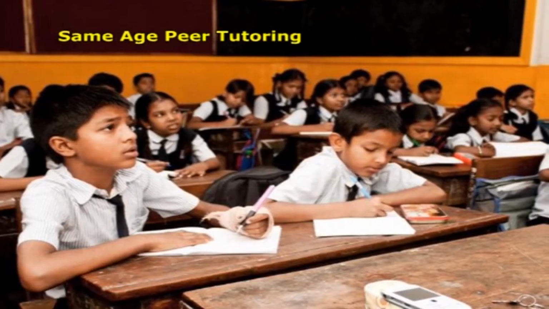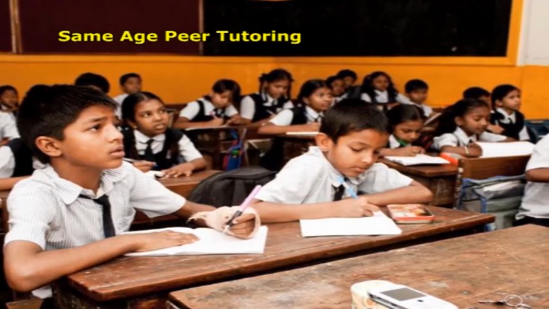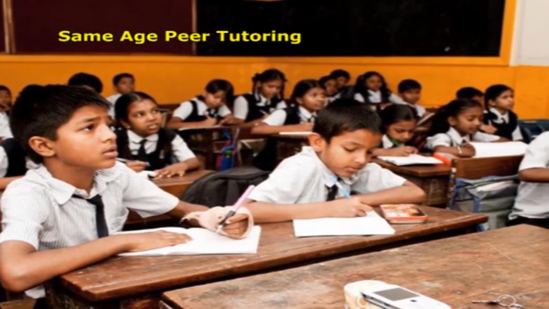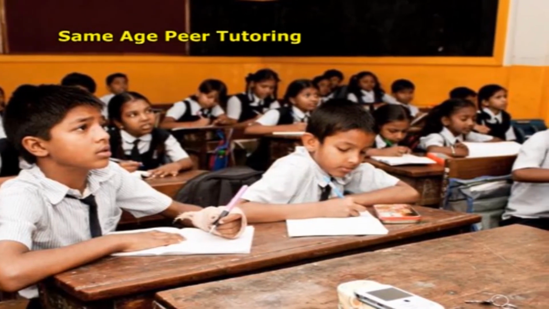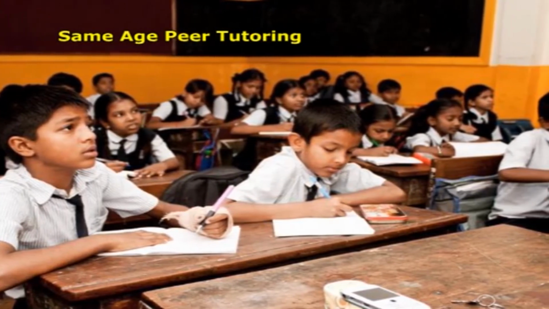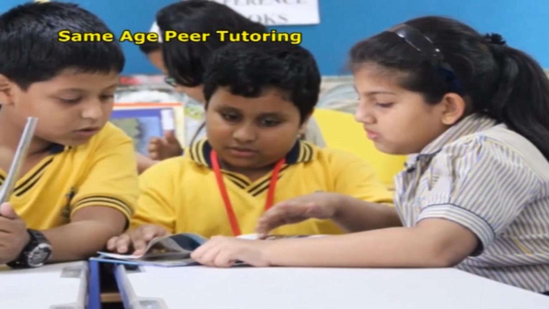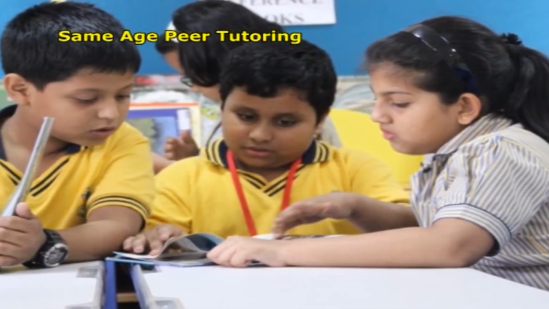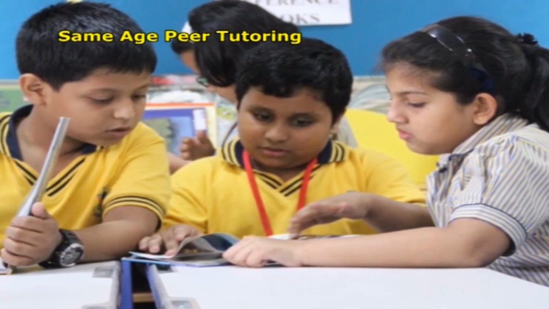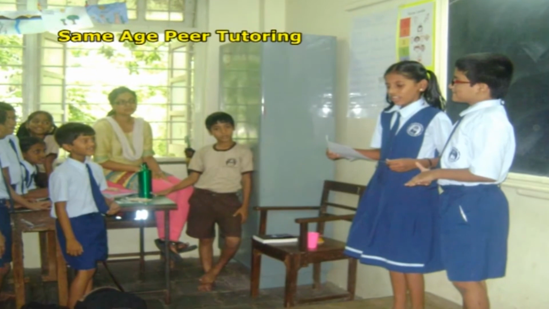The first step is the identification of a specific objective. The selected objective or task may be related to academic subjects or social skills. The objective should be set based on the student's strengths and needs. The second step is to choose the tutoring partner. Once the task is fixed, the next step is to select the tutor and tutee. Teachers should select partners who will work together well.